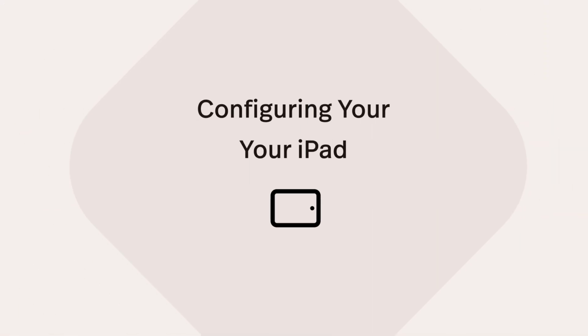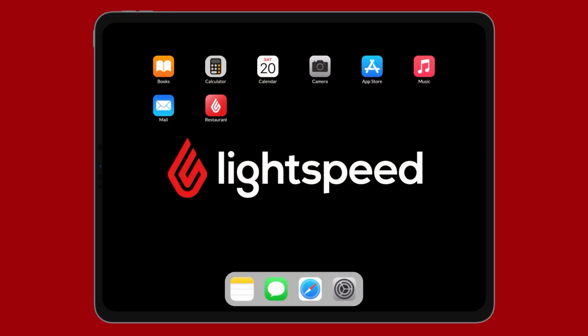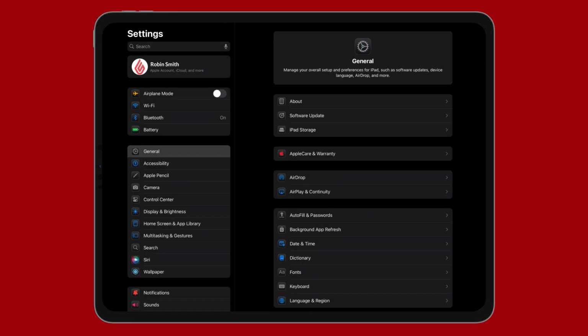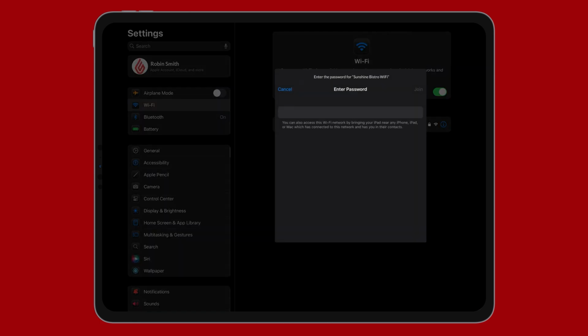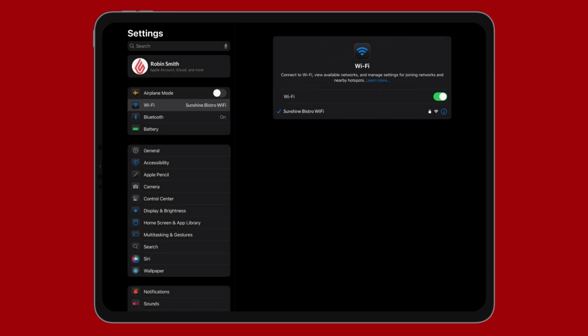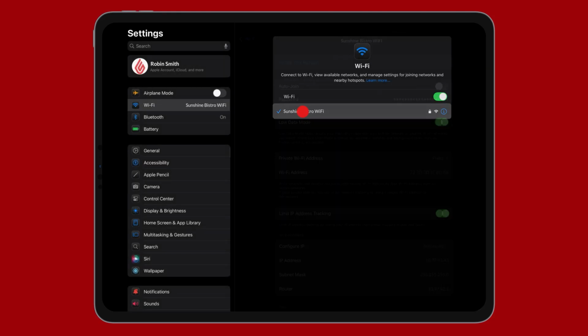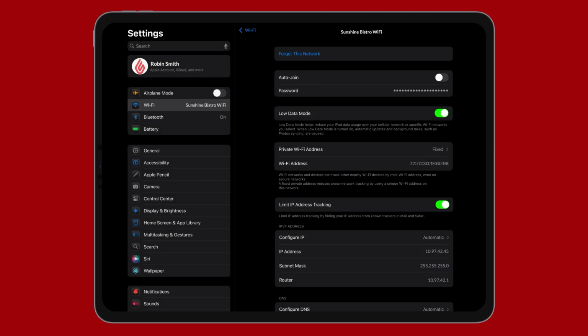Let's start with your iPad's operating system settings. Open the Settings app on your device and go to the Wi-Fi section. If you haven't already done so, connect to the dedicated Wi-Fi network that you set up previously for Lightspeed Restaurant. Just tap the network's name and enter its password if you're prompted. To ensure network performance is stable for the Restaurant POS app, we'll change some of the iPad settings for this network. Tap the name of the connected network, enable auto join, then disable low data mode, private Wi-Fi address,